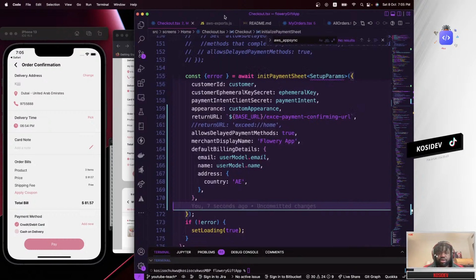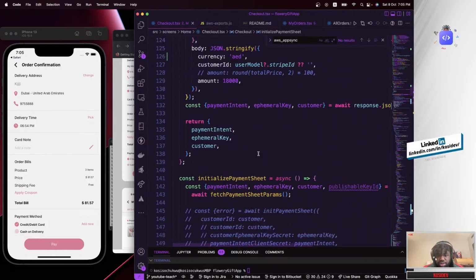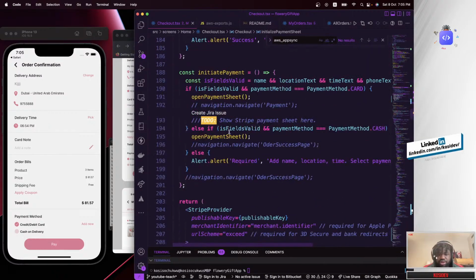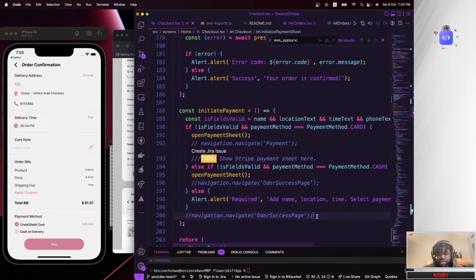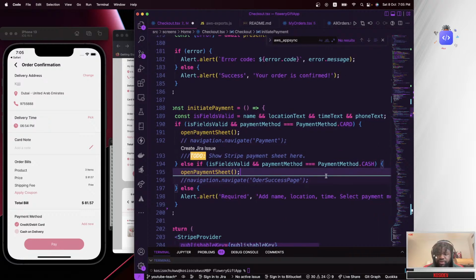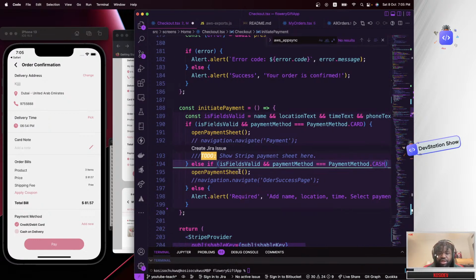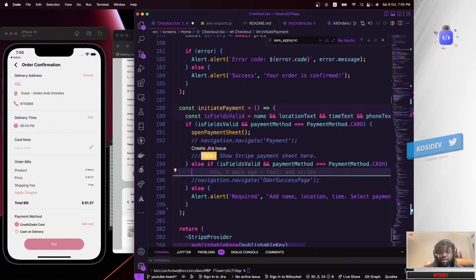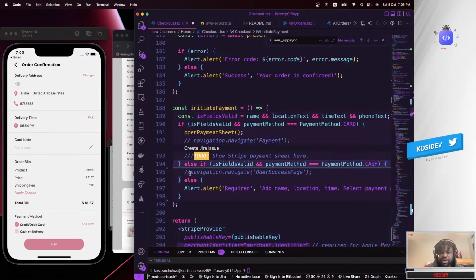So head over here, inside our payments, init payment method. If you remember, we have this init payment method. I'm going to remove these parts out; we don't need those. Over here, if the user selects cash as the payment method, basically the user wants to pay with cash, we don't tell them to open a payment sheet. We just navigate them to the payment order success page.